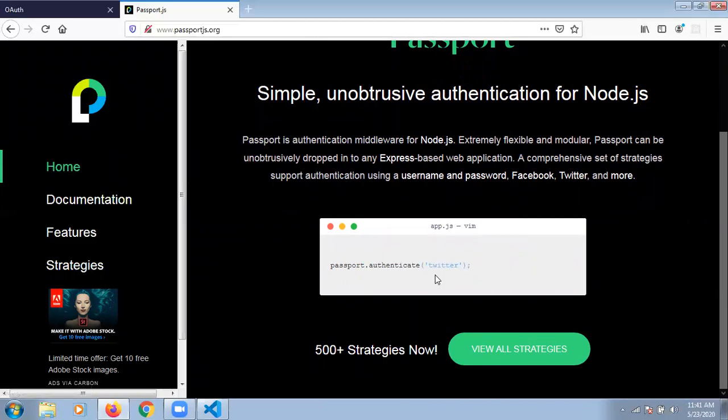Here it is already written, and it keeps changing: Twitter, Facebook, GitHub. Passport.authenticate directly authenticates for these, and LinkedIn too. Passport is used as middleware for all of this, so we can see all the strategies passport has. First of all, you have to install the npm package passport.js. After that, you have to install the strategies like the Facebook strategy, Google strategy, Twitter strategy, GitHub strategy, as well as Slack strategies. They are providing this.